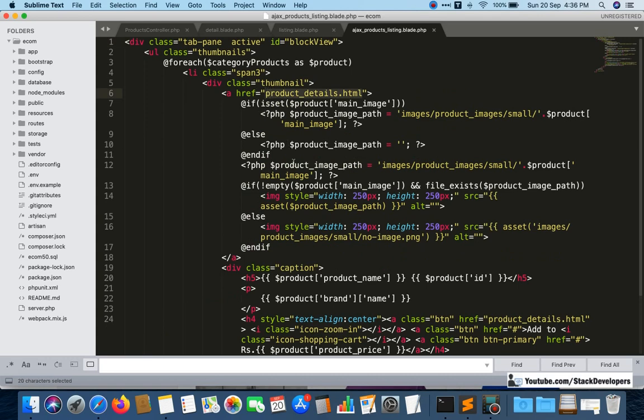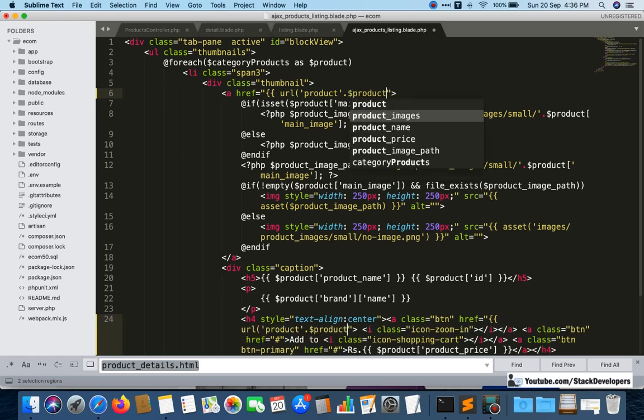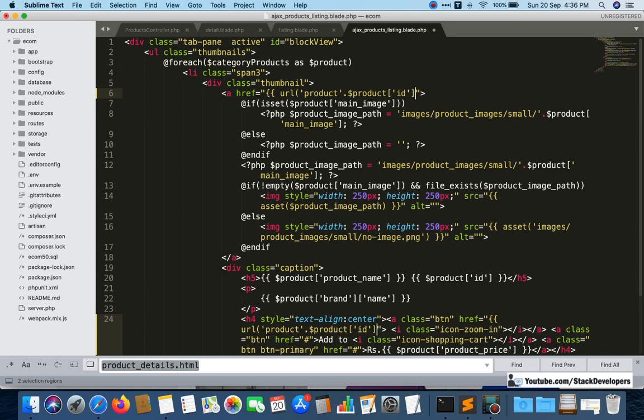Okay, there are two URLs here. We can replace both together, and I will add the URL of Laravel, and here the link is product. After product there will be the product ID, which will be like this: dollar product ID. Then we will close this one, and we'll also close this one, and I think we have forgotten a slash here. Fine, now we can check.